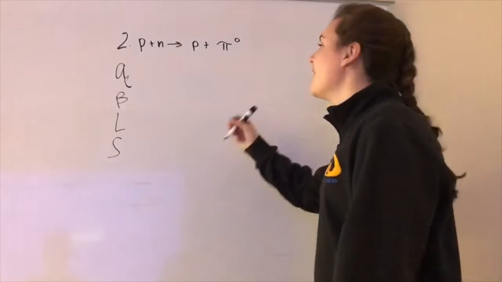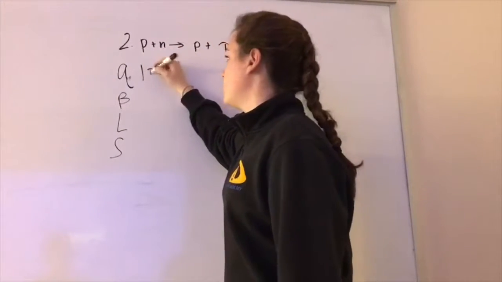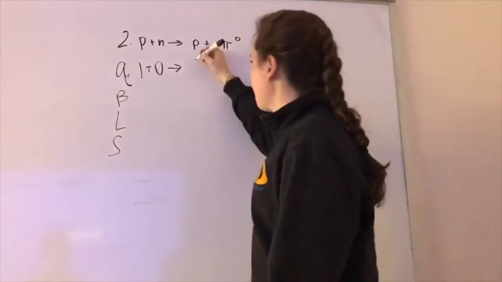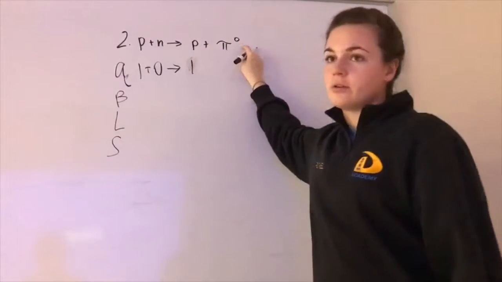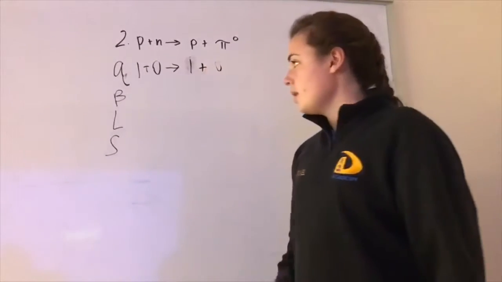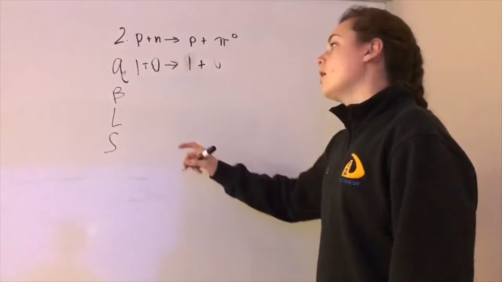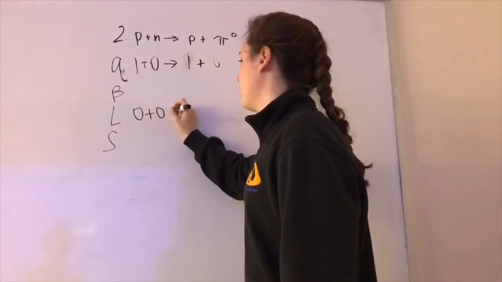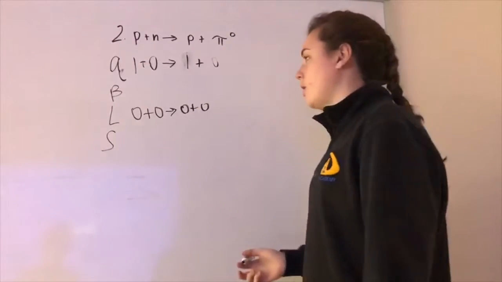So first, proton has a positive 1 charge, and neutron has a 0 charge, which then again proton has 1 charge. And because this is a 0 charge, it makes the pion have a 0 charge. We're going to come back to the baryon number because it is a little confusing in this equation. Going to lepton, none of these elements are leptons, so therefore they're all 0,